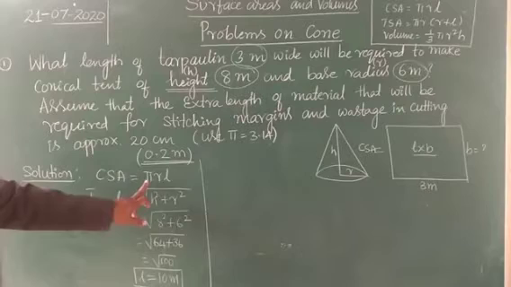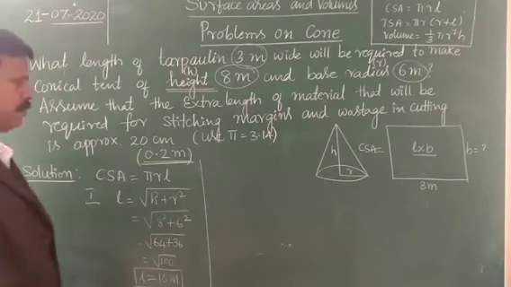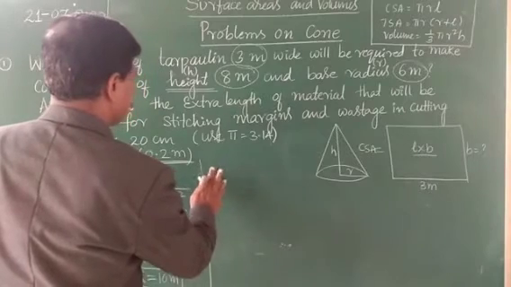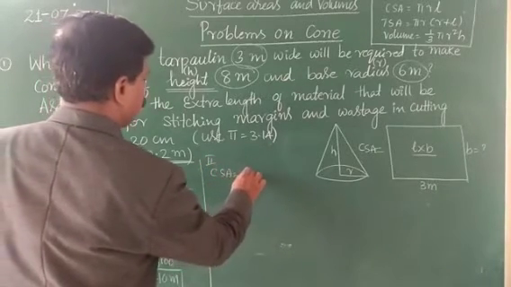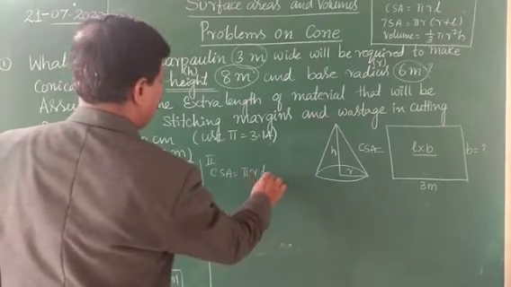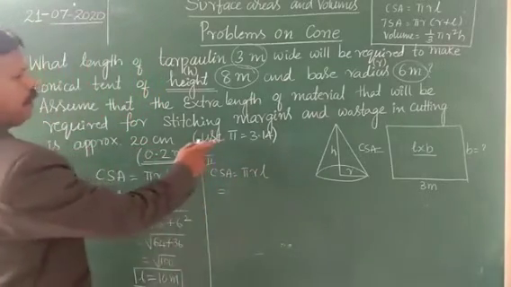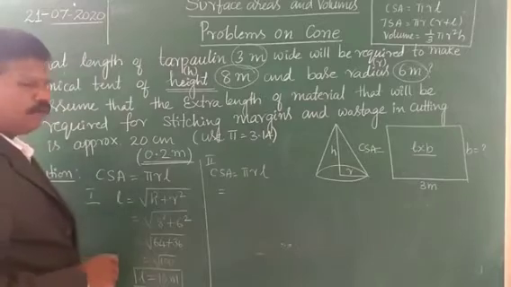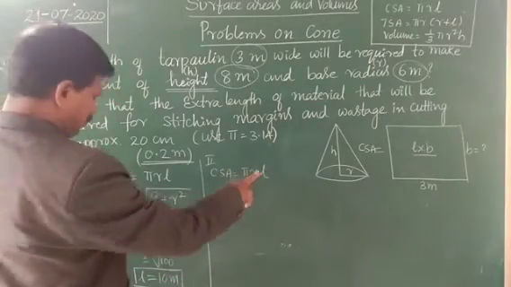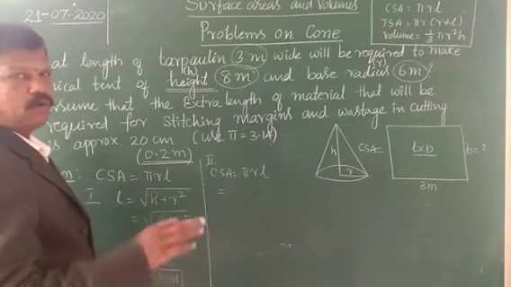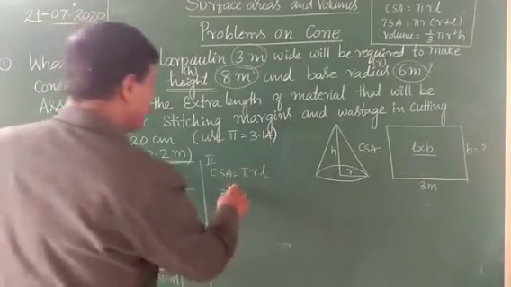Now, in this pi, R and L, all three things are known. So, second part, CSA is equal to pi R L. They only said to use pi value as 3.14 because 7 here, radius 6 centimeter and the slant height is 10 centimeter. They won't go by 22 by 7. So, use this one,